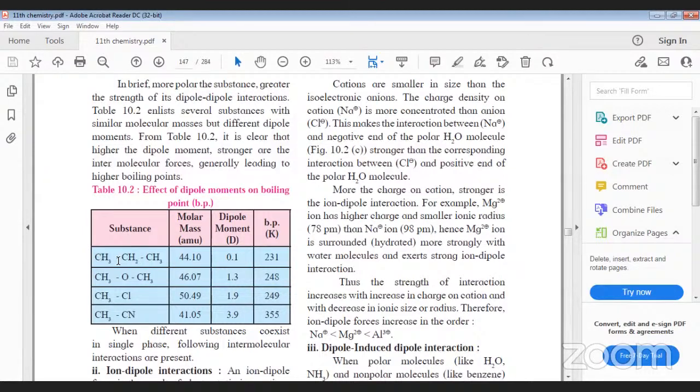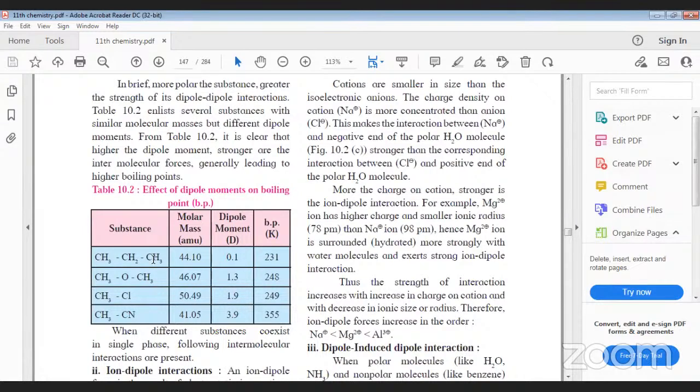Propane has 3 carbon atoms and how many hydrogen atoms? 8 hydrogen atoms. So it is a straight chain molecule. Here you can see between the 2 methyl groups, between the 2 carbon atoms, one oxygen is there. This functional group is called an ether. And here a chlorine is attached to the carbon atom, so it is an alkyl chloride. Here a cyanide group is attached to the methyl group. Now, if we compare all these substances,